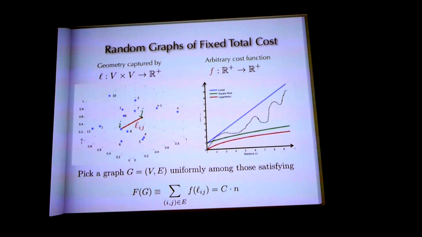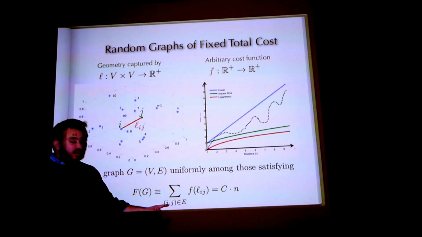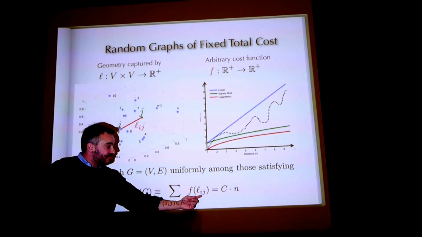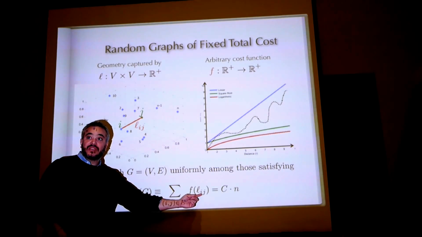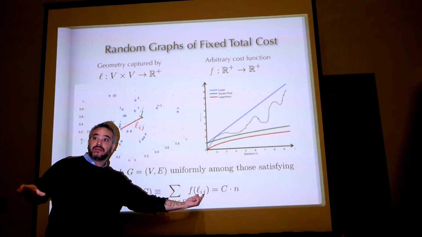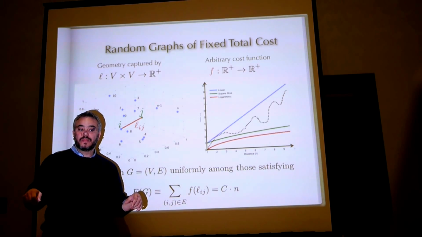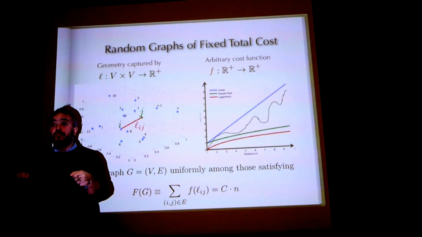Yes? So I don't get it. How is the edge length? Do you have some constraints that the lengths in your graph you get are close to the... Remember, I have sort of two layers of abstraction. One is length, but the other one is the cost of realizing an edge of length. So what I am constraining is the sum over all the edges that you're going to actually choose to put in your graph of the cost of realizing them. So each such edge that you choose to put in will have a length. So the length will be exactly realized in your graph of each edge,